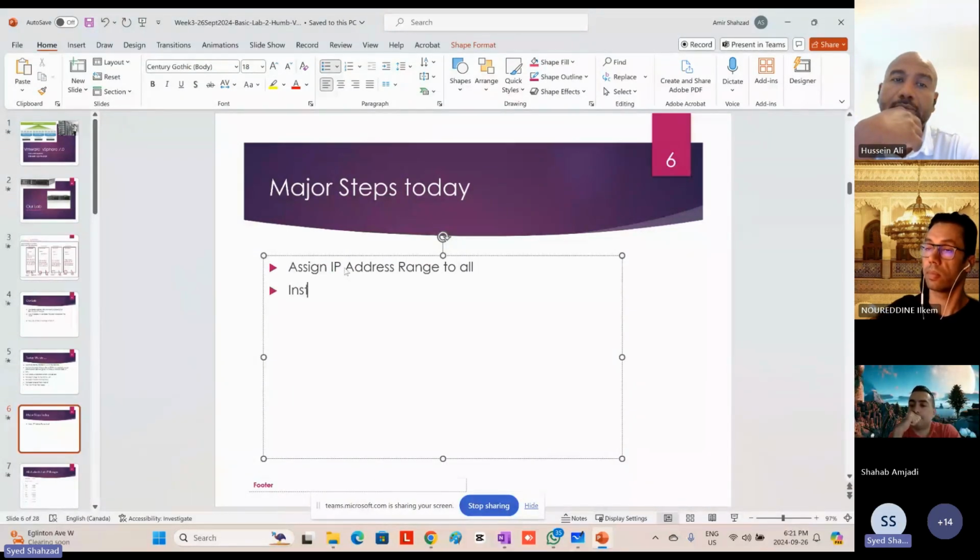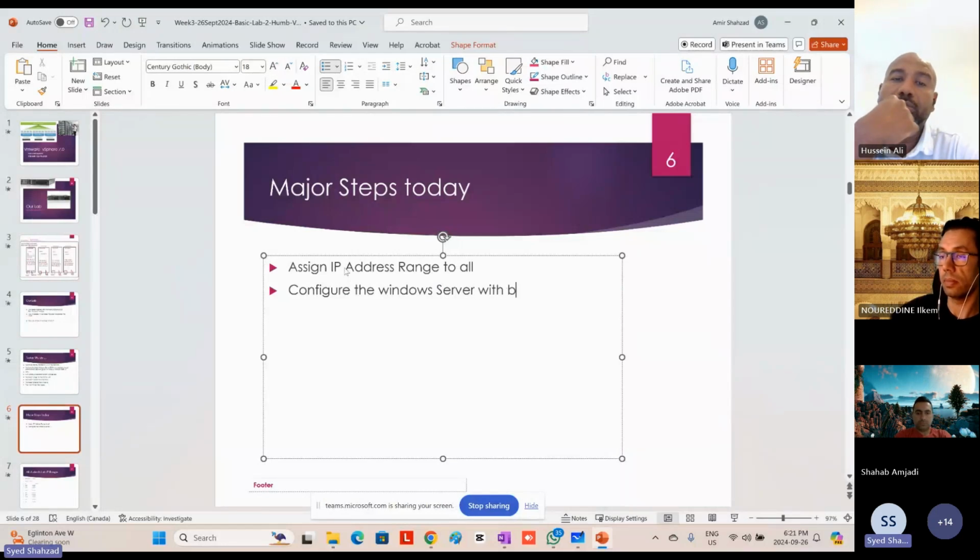And configure the Windows server with best practice configurations, and install Active Directory,